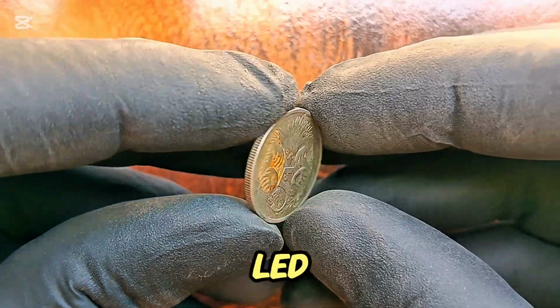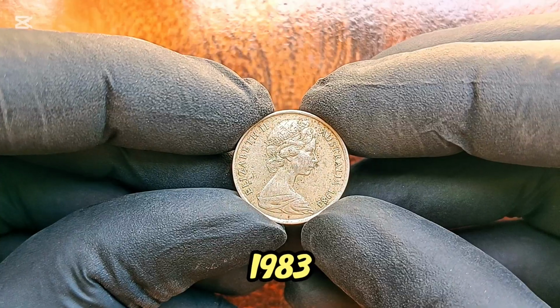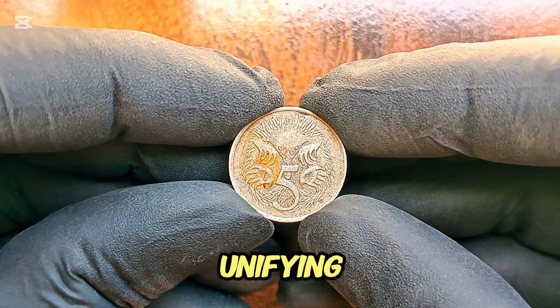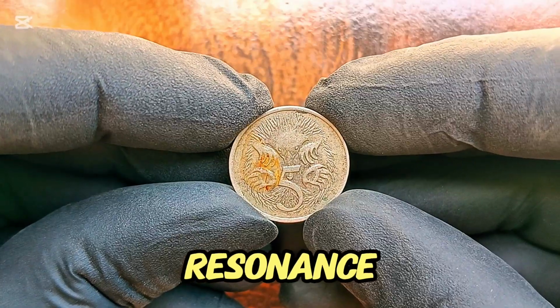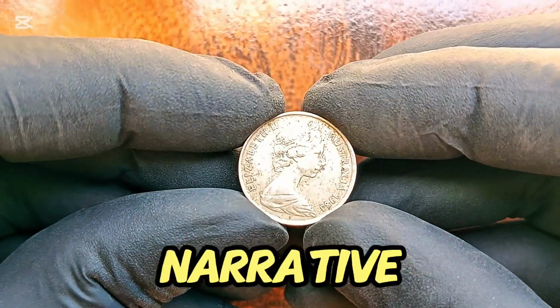Their rarity has led to high demand and even higher prices at auctions. Adding to its allure is the historical backdrop of 1983, a year of political and economic shifts in Australia. Queen Elizabeth II remained a unifying figure during this period, and any coin bearing her portrait from such a year gains additional historical resonance. Collectors often link the scarcity of the 1983 5-cent coin with the broader narrative of changing